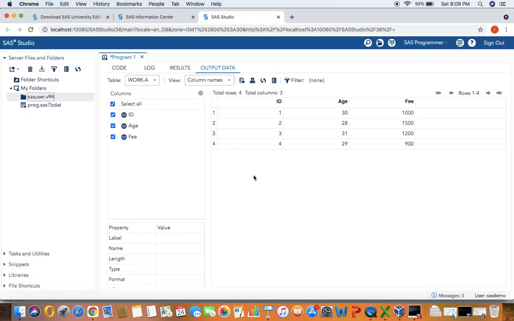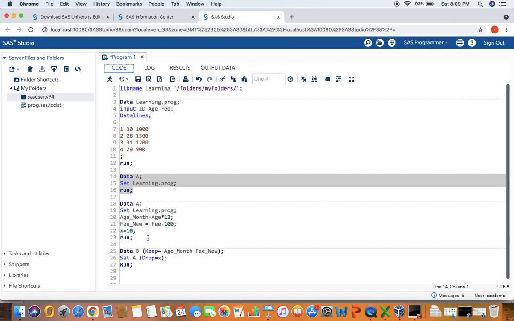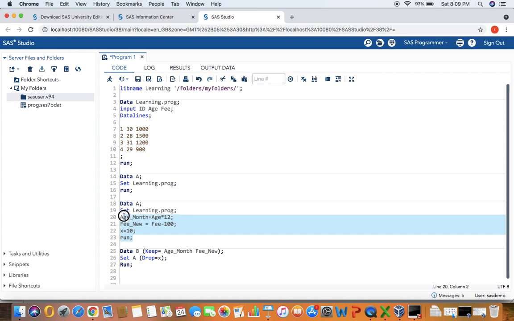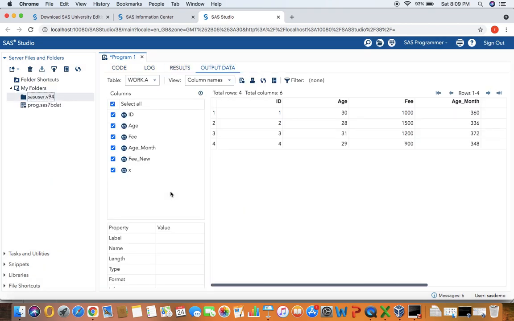That's it. Now it will look exactly like the program dataset, but if you check here, the table is work.a. That means it is a temporary dataset getting created in the work library. The name is A. So A will exactly look like the program dataset, right? Now let's see what this part is doing. If I run this part, yeah.